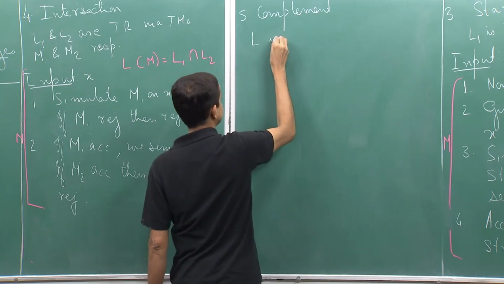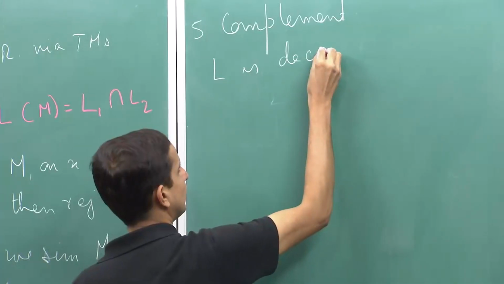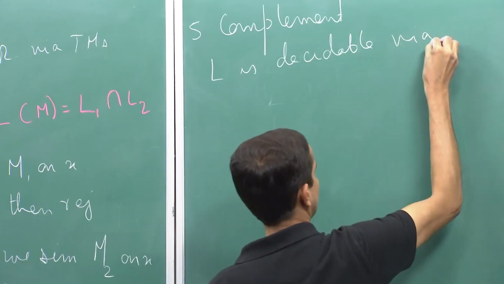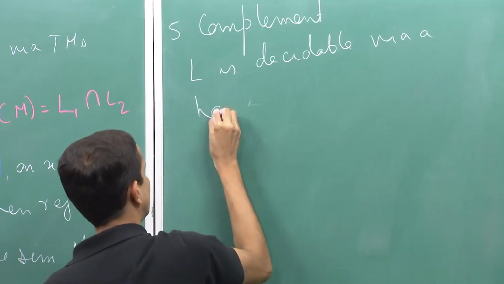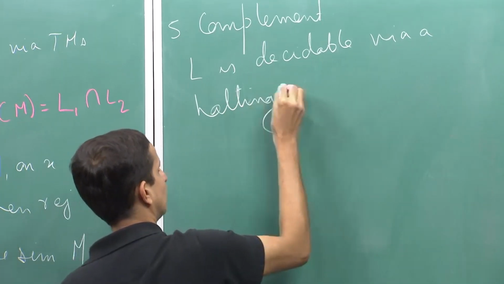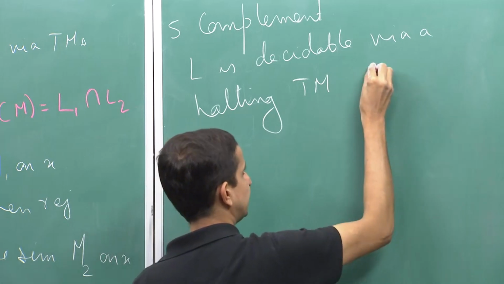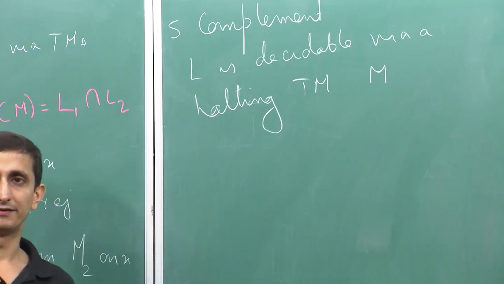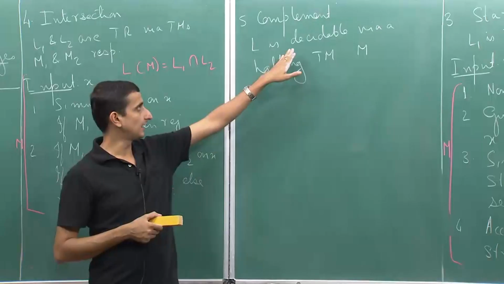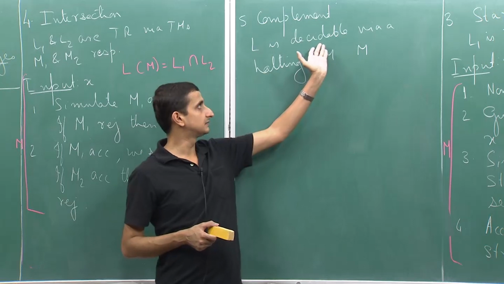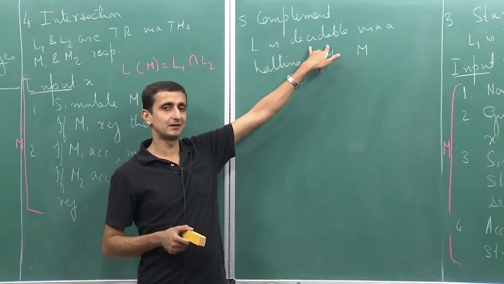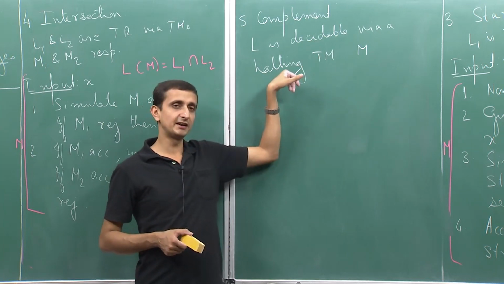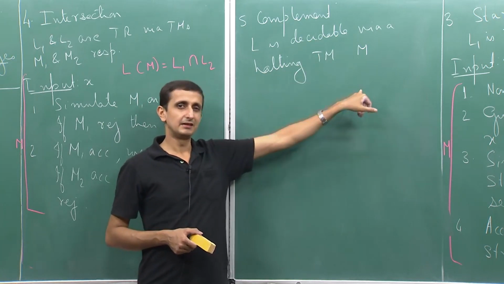So, suppose L is decidable via a halting Turing machine M, okay, how can we decide L complement? Here we are only showing it for the class of decidable languages. So, suppose L is decidable, then there is a halting Turing machine which accepts L,